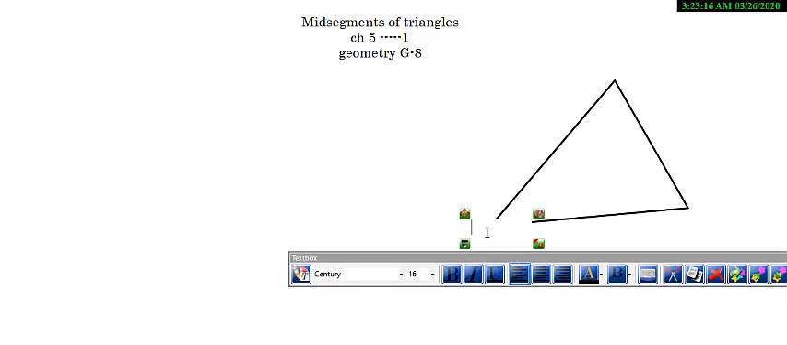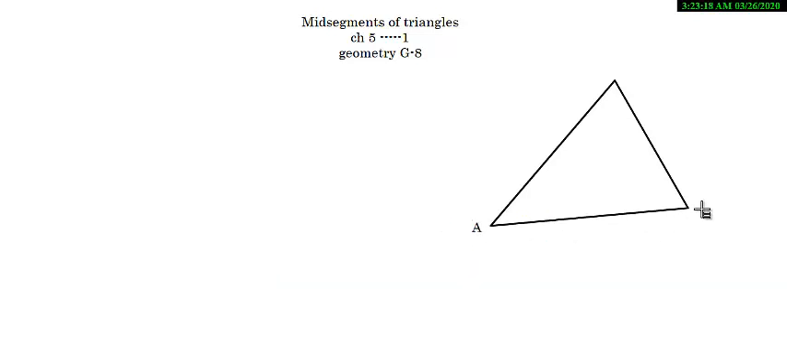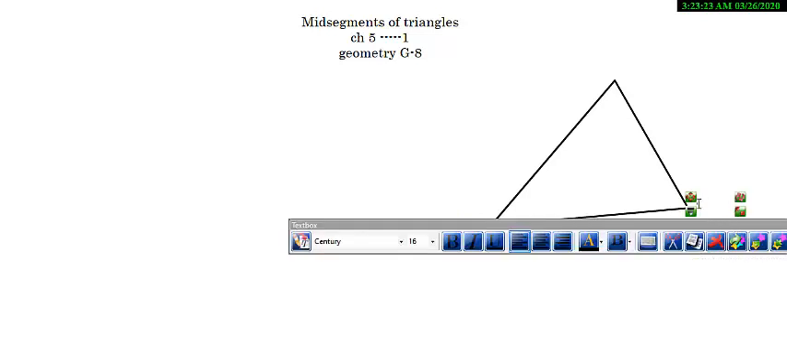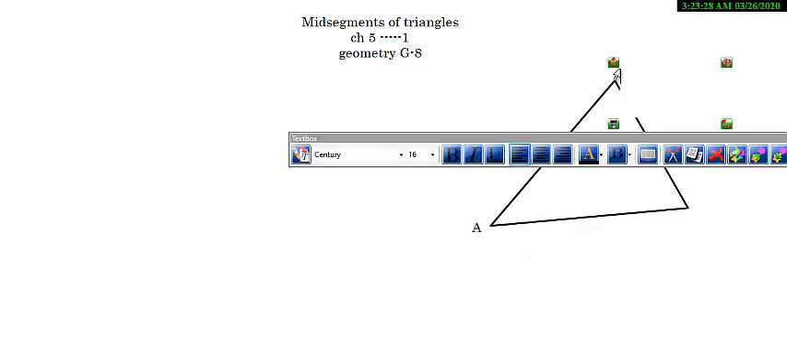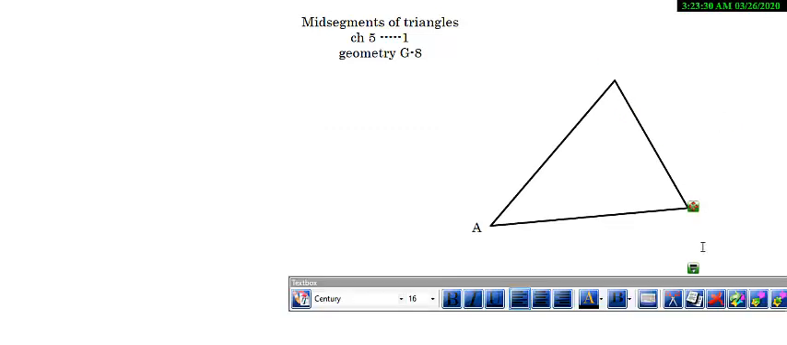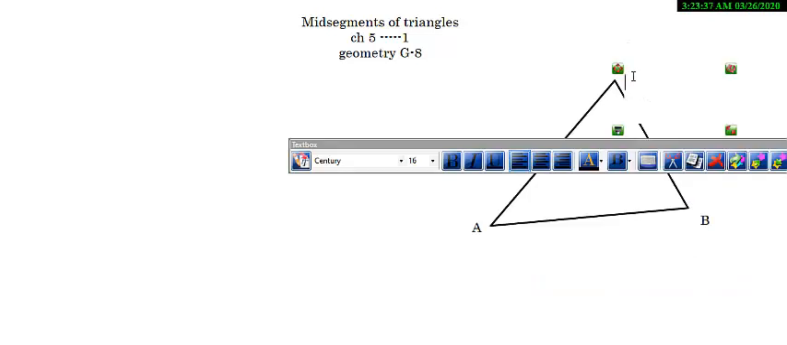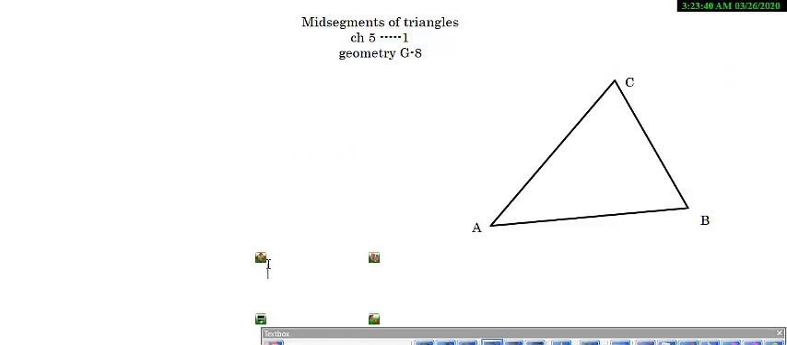This is A, and the other vertex will be B here, and the other vertex will be C, which is the triangle ABC. We need to highlight the midsegments, so I'm gonna use the red color to identify the red segments,